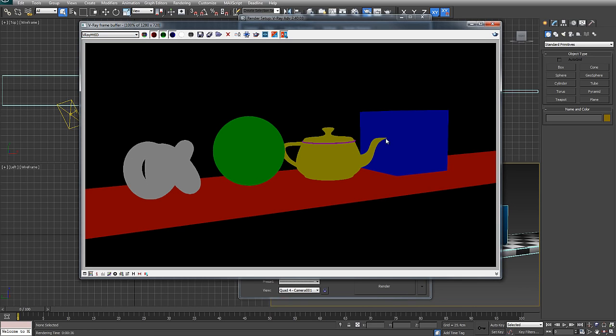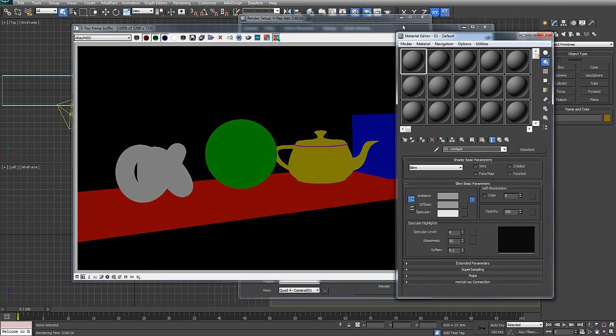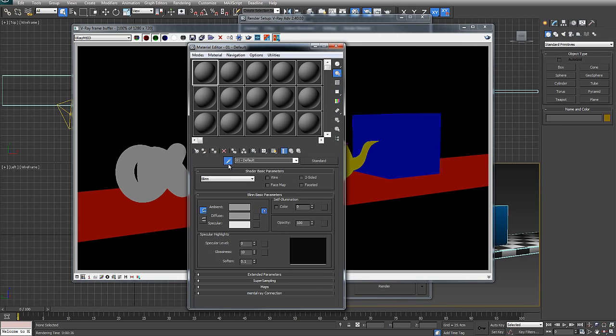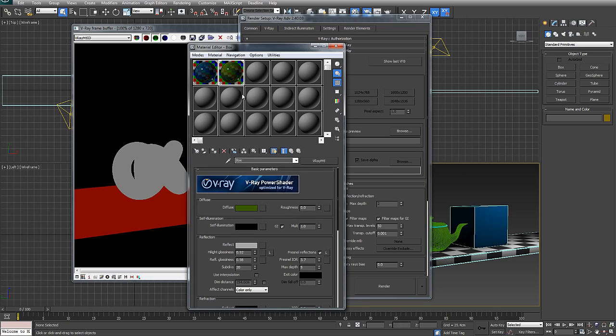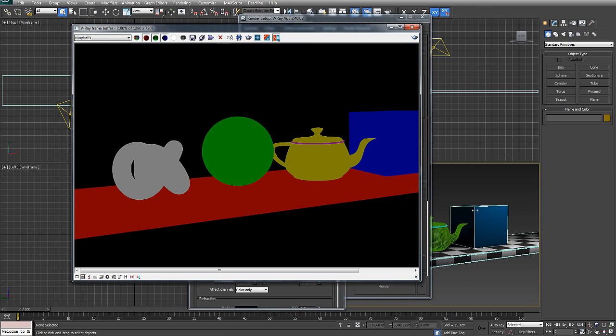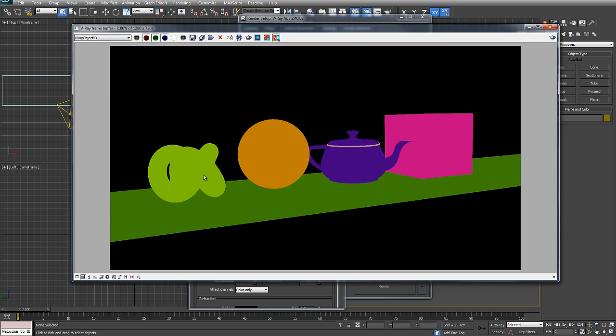material ID. This exists because when I created the materials, if I just bring up my material editor, and I'll just eyedrop on, say, the box, the blue box. Notice here that it is set to have a material ID of 4. On a new swatch, I'll grab the teapot, and it has a material ID of 3. So what I've done is I've set all of the materials to different IDs, and that allows for this render to have a material ID pass where there are different colors for each of the objects or each of the materials. I've also got an object ID, which also has an individual object ID number for each object in the